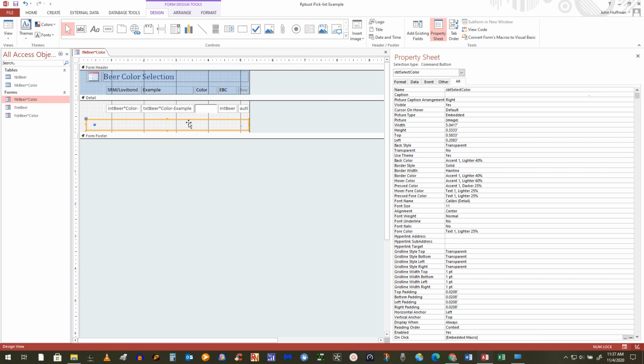Again, to add more or to change it, I actually have to go back to the TLK beer color table and do it. Now, what I would normally do is make a form to manage that too, obviously, and that would take care of that. But from this selection form, as we'll call it, I made it read only. And if I look on this button now, on its on click property,